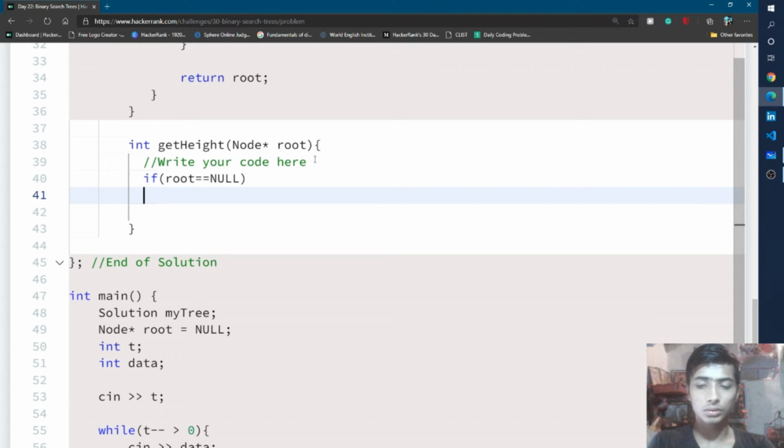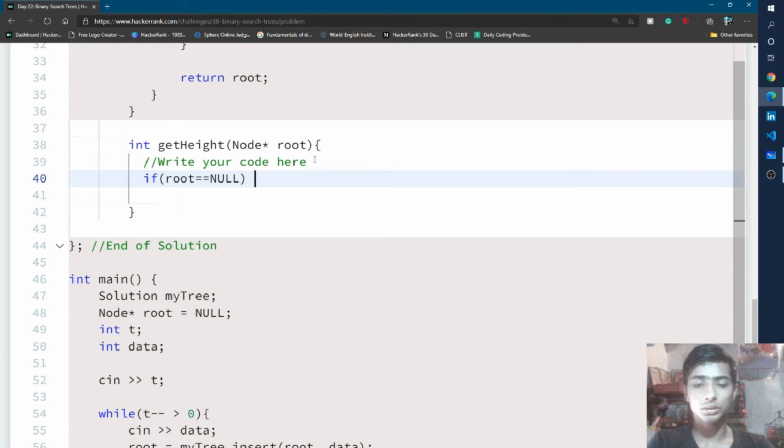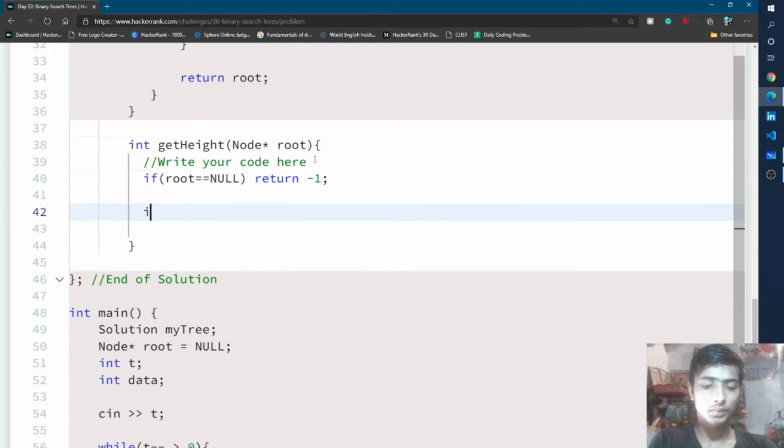If the root is equal to null, then you simply return -1, and after that you declare a variable LH, that means the height of the left subtree, and then I call the getHeight function, and inside the getHeight function I simply pass the value root pointing to the left. The H of height is capital.